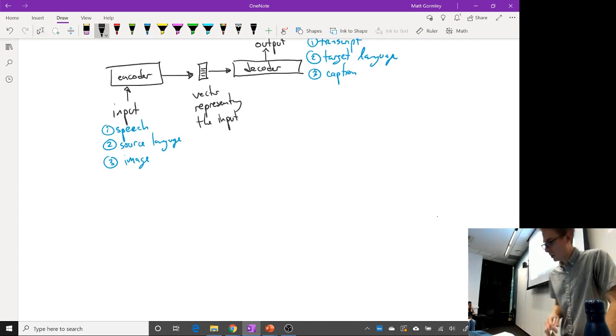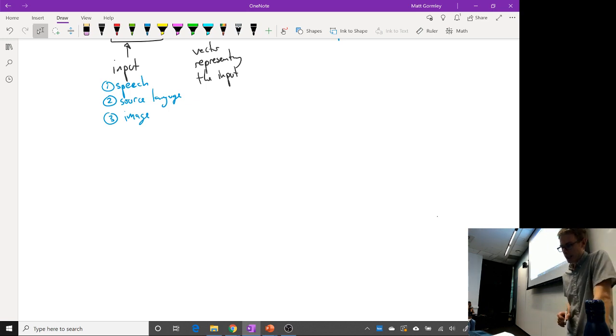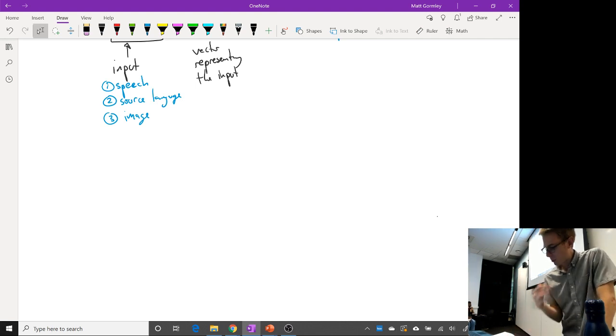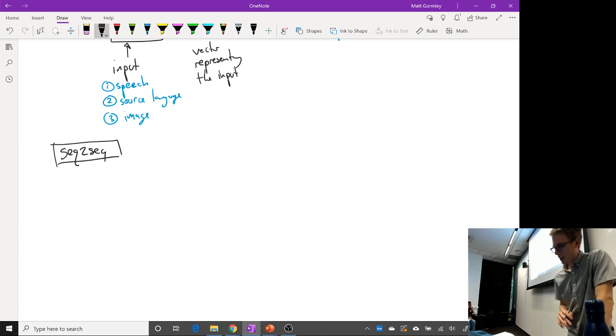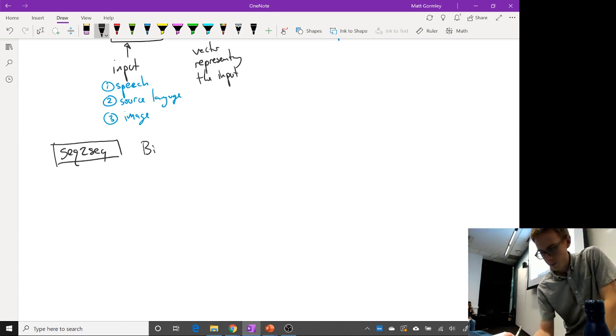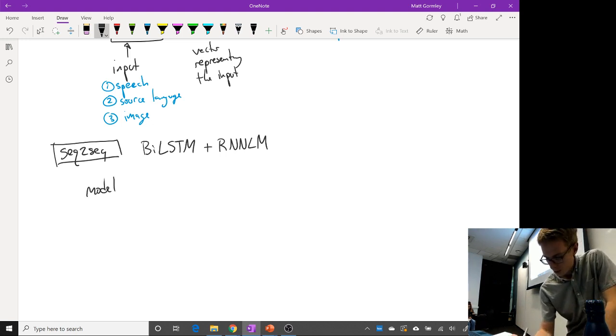So how could we actually build one of these things? Well, what we could do is build up some architecture that just puts together, say, two ingredients, a biLSTM and a recurrent neural net language model. And so the model that would result,